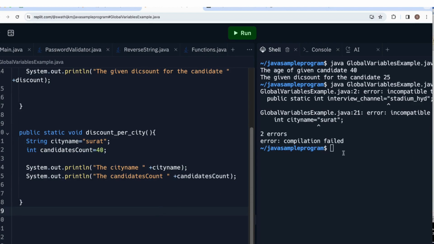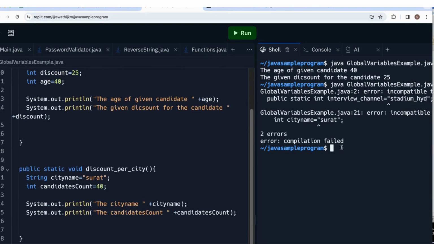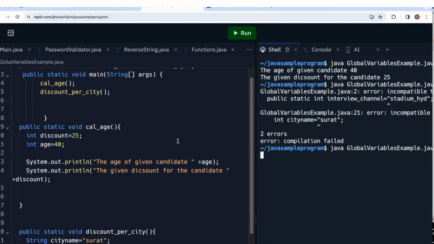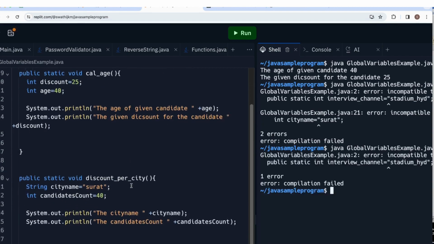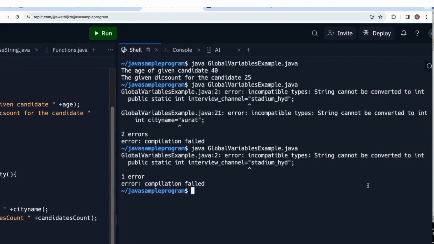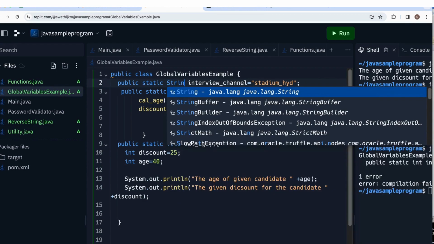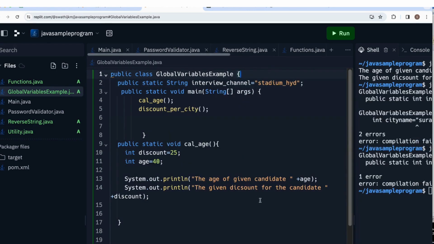All right, now this should not be a problem. Yes, let me run it. So basically there are two functions here, each having its own local variables. Incompatible string cannot be converted into this. Sorry, this is again a string. Okay, now